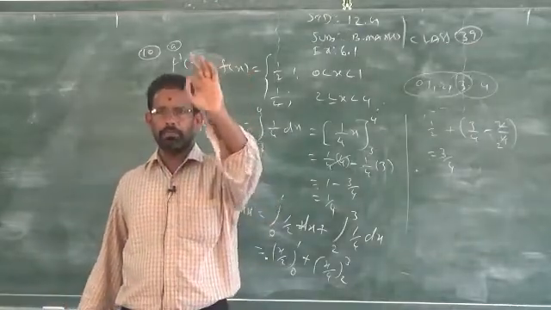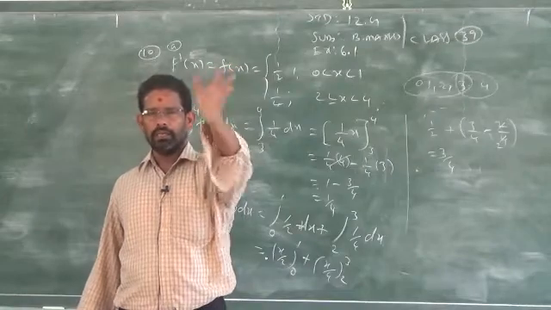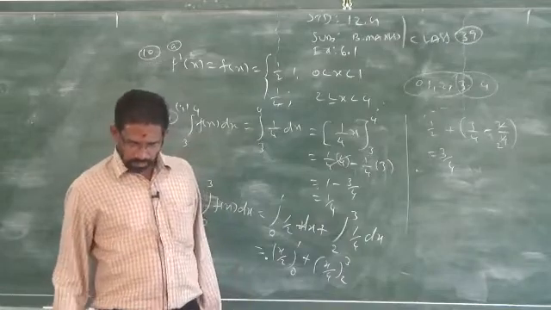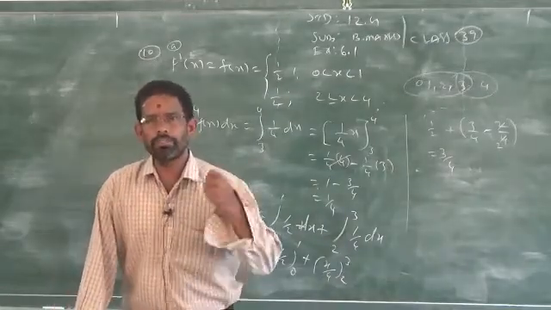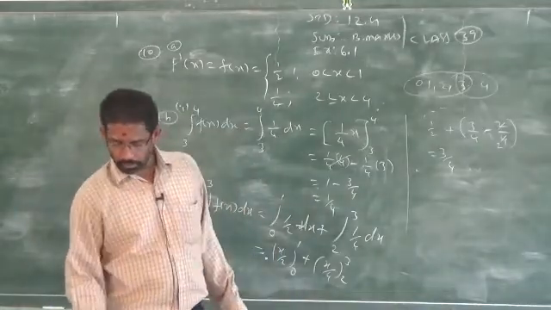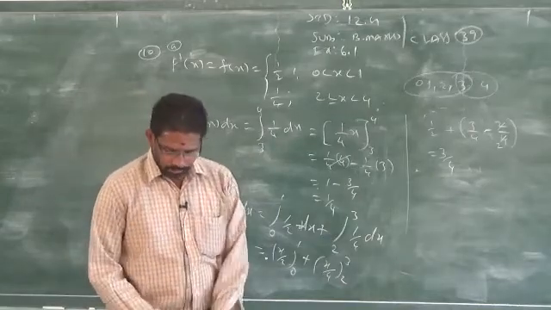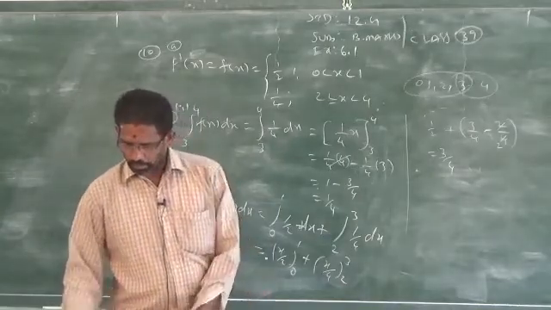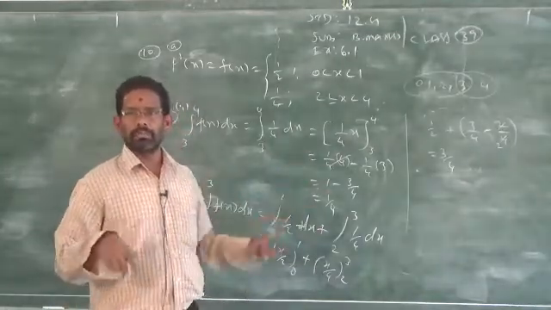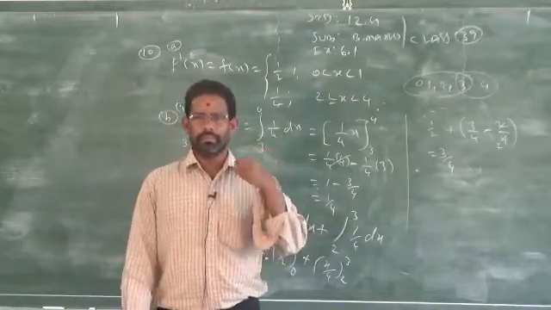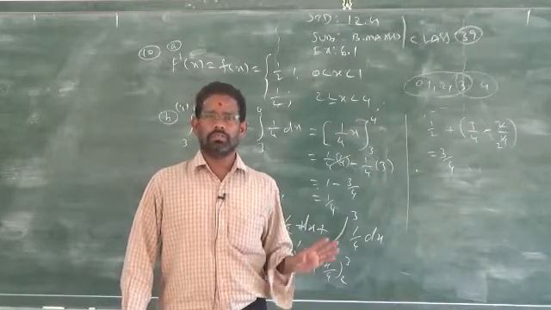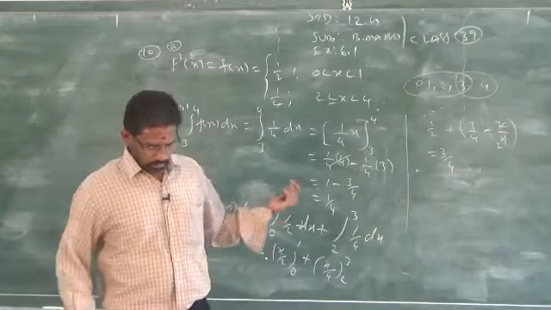I missed the power, 2 power 4 is the answer. I did not write 16, I wrote 2 as it is. I did not write the power as 4. And in sum number 9, instead of 10, I am using 0. So, rectify those 2 mistakes and send it to me. Clear? I do not want to point out mistakes, but anyhow, only 2 or 3 are there. Others will see them, but they never go through it, they will simply copy what is written on the board. That is why I gave some instructions about where I made mistakes. Clear? So, rectify those 2 mistakes and let me know the answer.